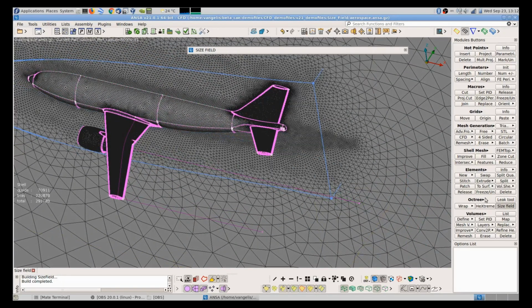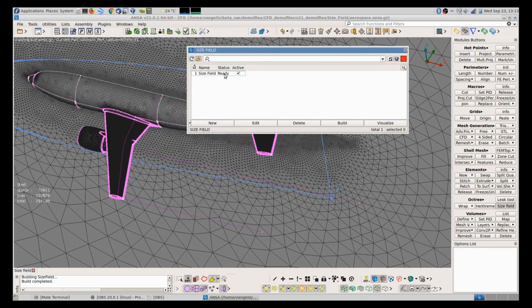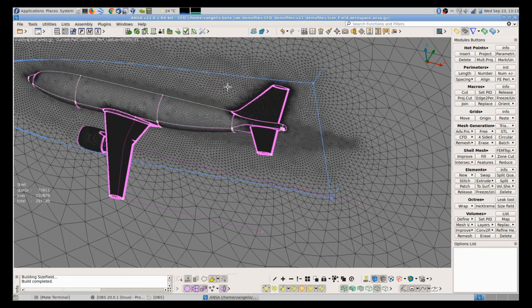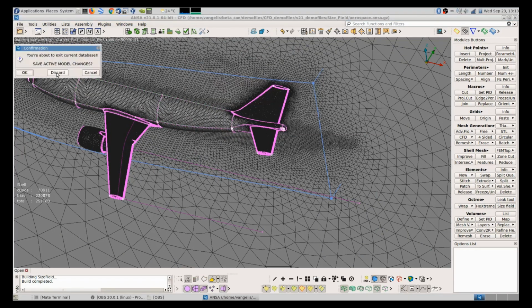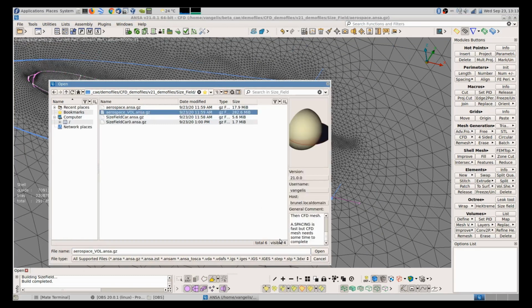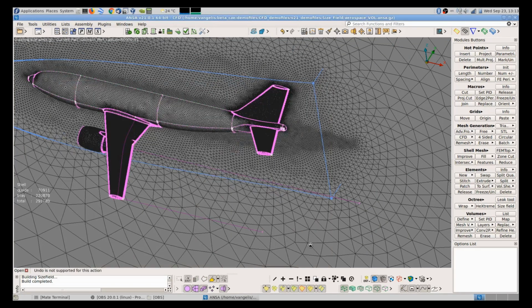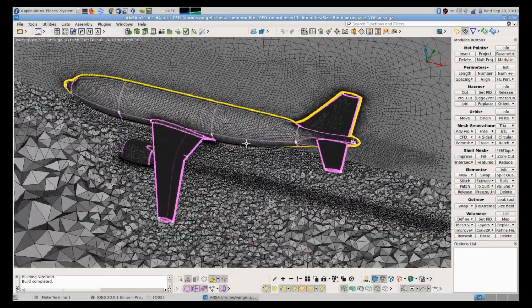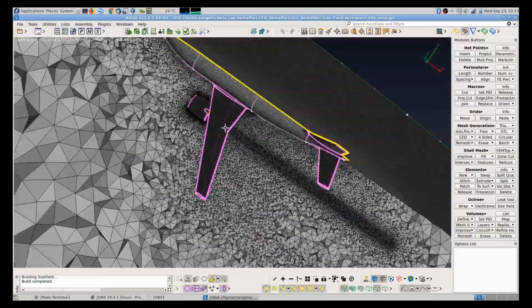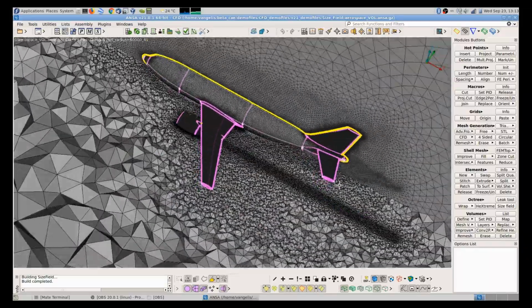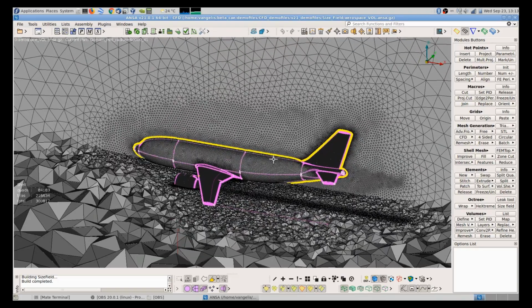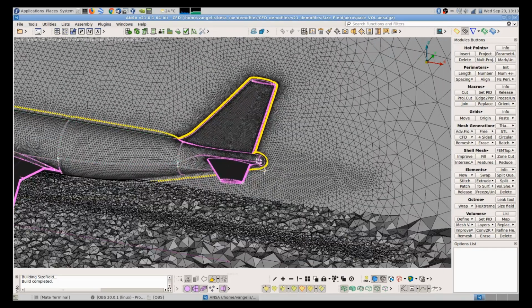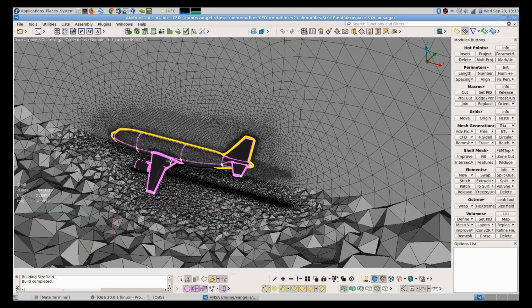And as I said before, once this size field entity has been defined and built, so it has status ready, all the surface and volume mesh that will follow will respect that. So let's quickly switch to the volume mesh, which is the completed case. And there you have the resulting mesh. So you can see the refinement across the jet plume. You can see the refinement which is sweeping downstream of the plane, which was the offset and sweep from selected PIDs.